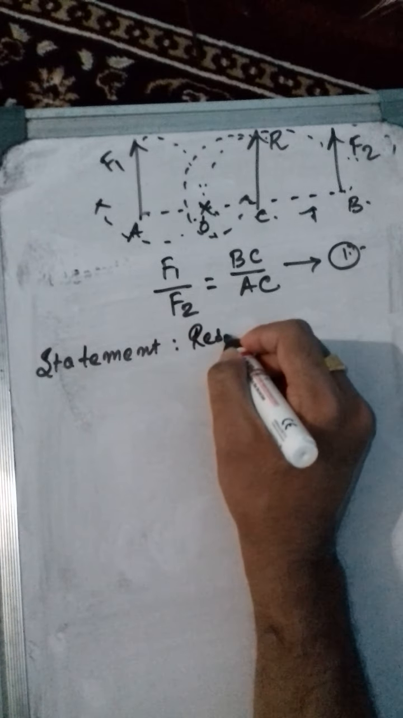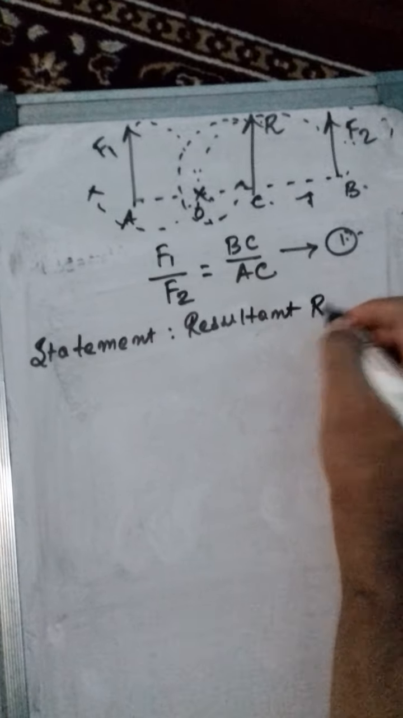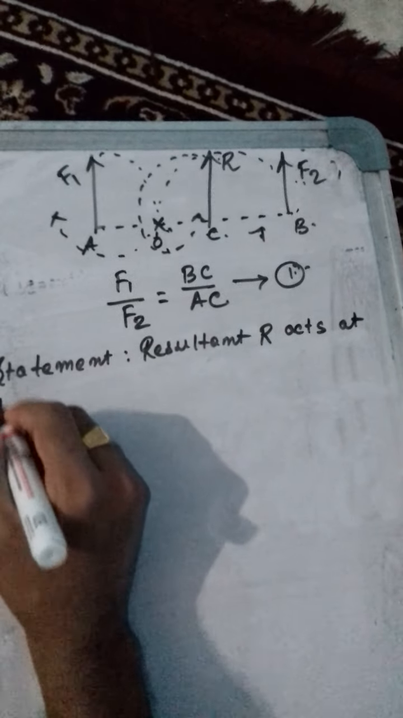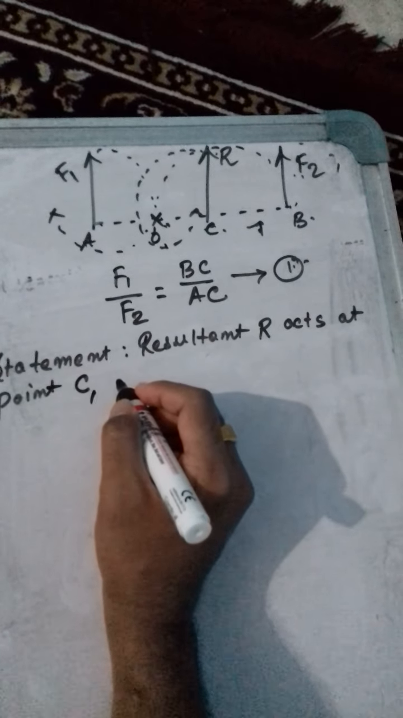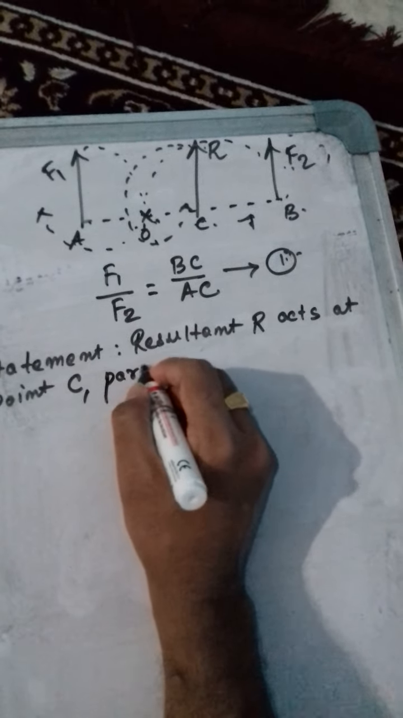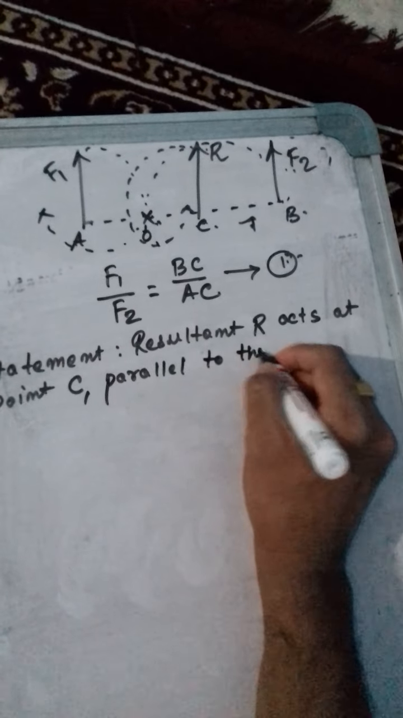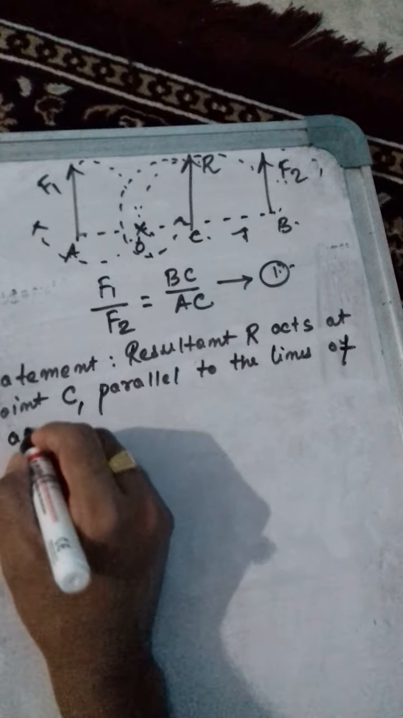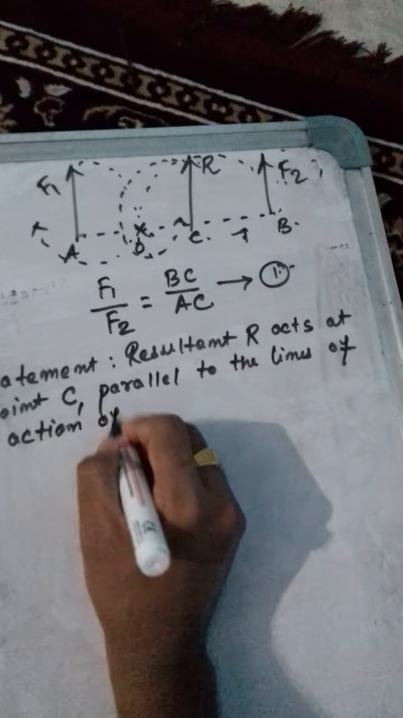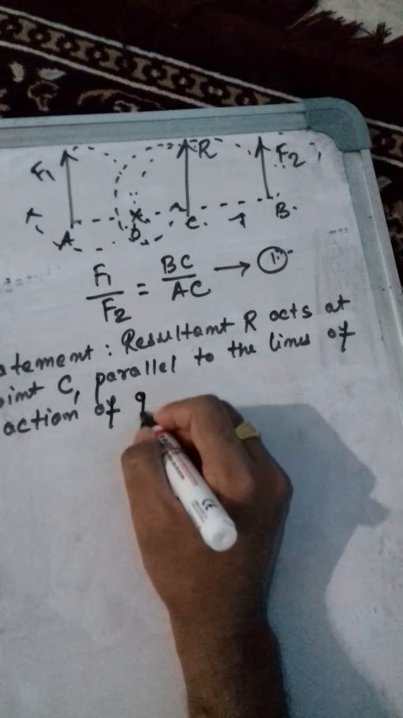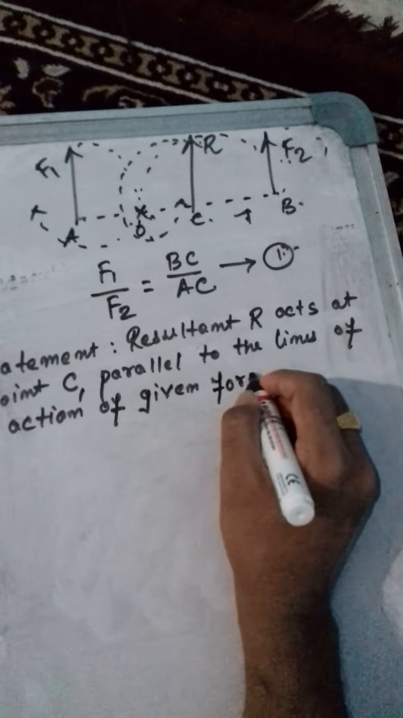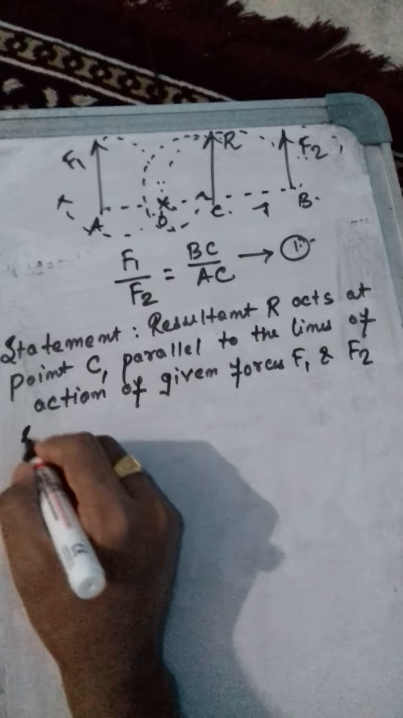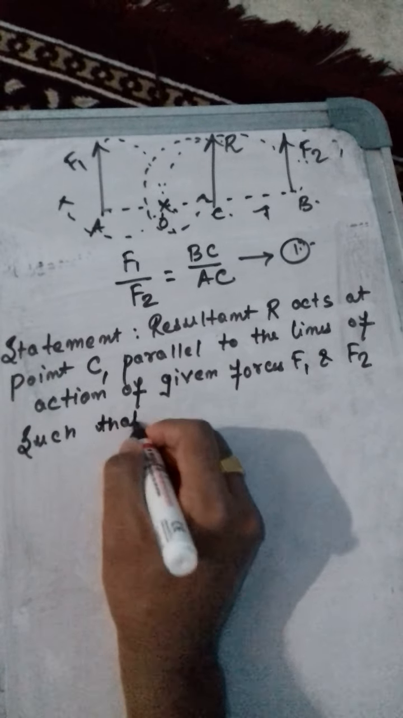Resultant R acts at point C parallel to the lines of action of given forces F1 and F2 such that the resultant